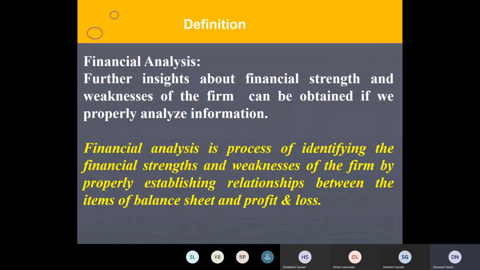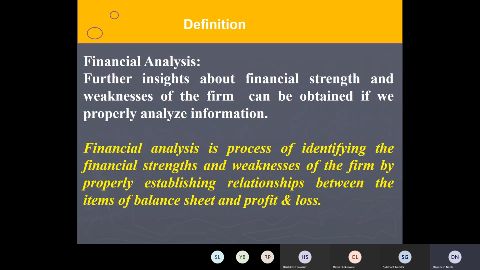Okay, so now why do we need this? The future plans of the firm should be laid down in view of the firm's financial strength and weaknesses, which do not immediately come out from profit and loss and balance sheet. Okay, but that is a starting thing. Information collection is also important, making it available in a particular format, and then that will be used for further analysis.